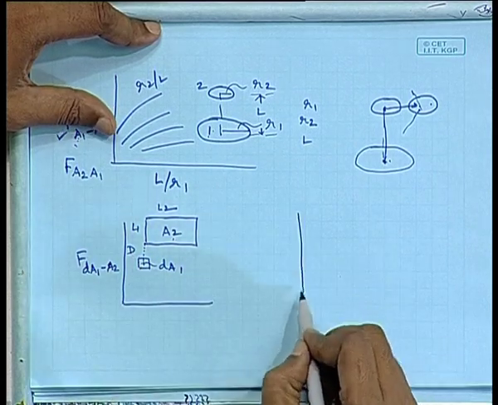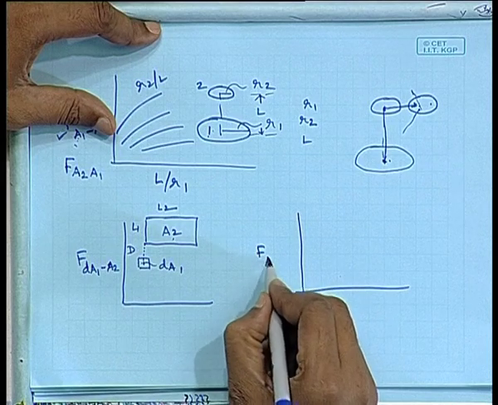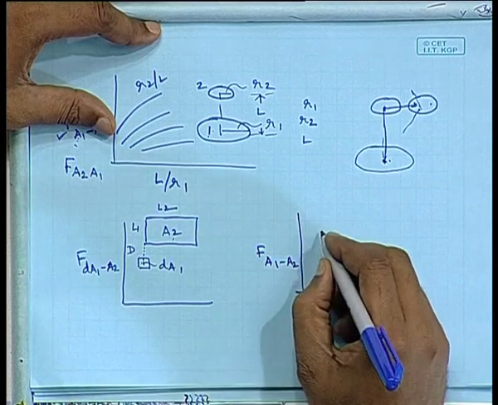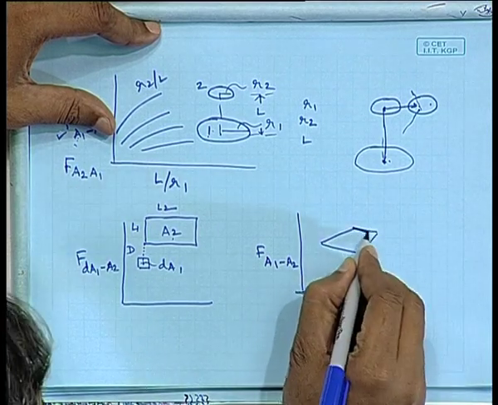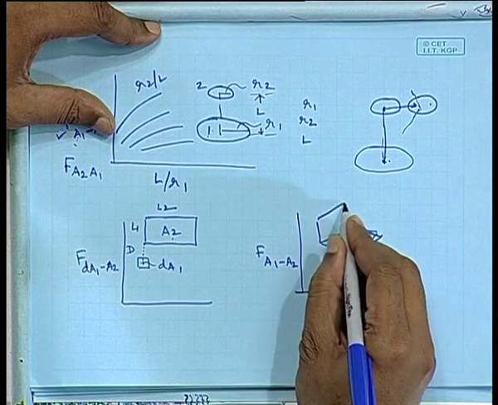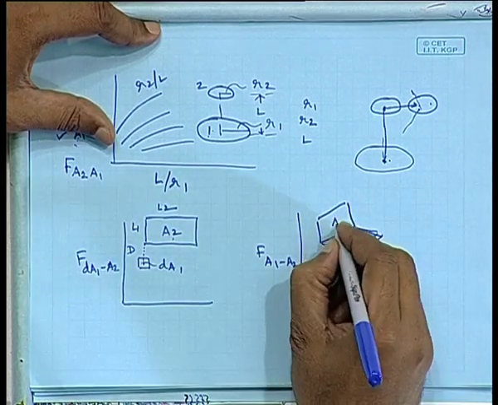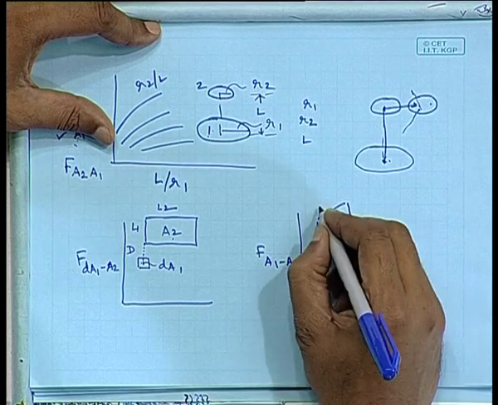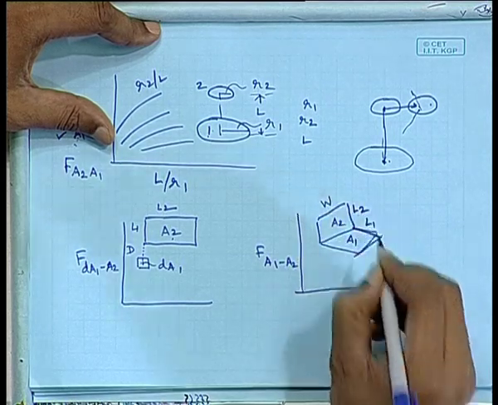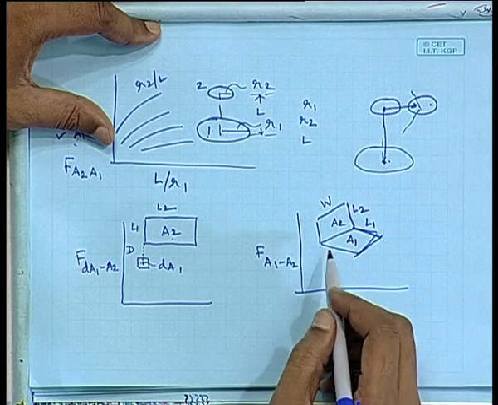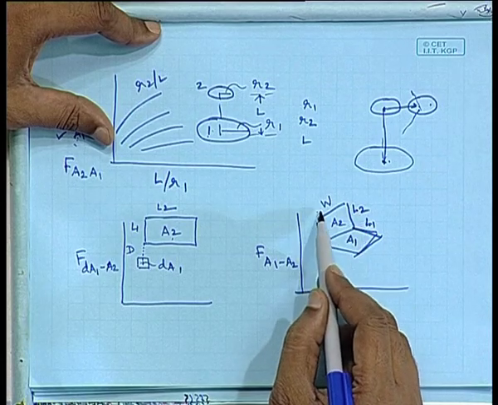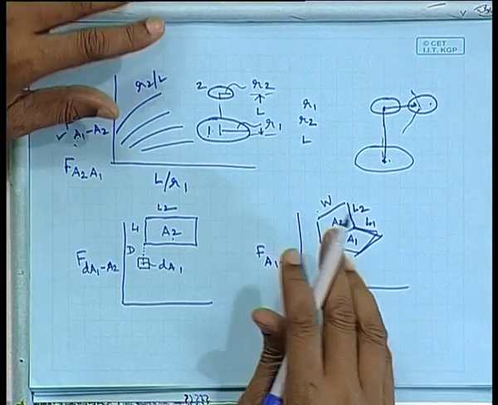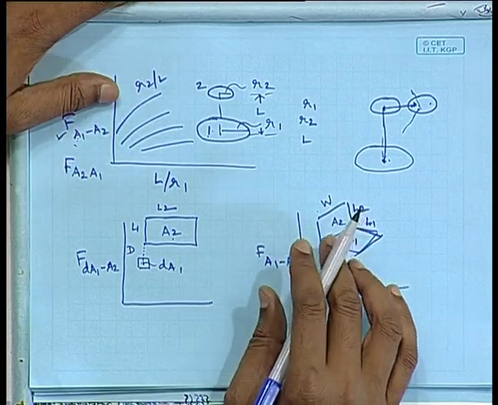You have similar figures for two surfaces which are connected to each other. One is A2, the second is A1, and you have the width, this is L2, L1, and one side is common. Okay. For such a case also, the view factor from A1 to A2 would depend on L1, L2 and W. Alright. So, there are several different types of view factor graphs which are available, which would help you to find